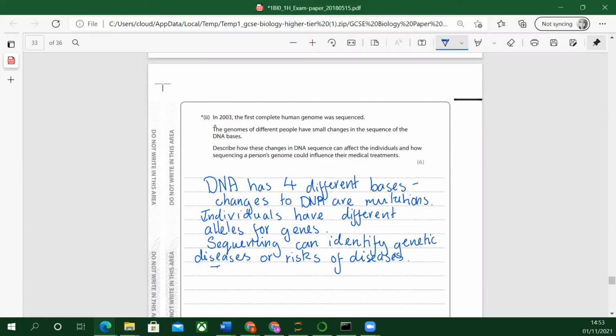So this can allow treatment of the genetic disease, treatment or